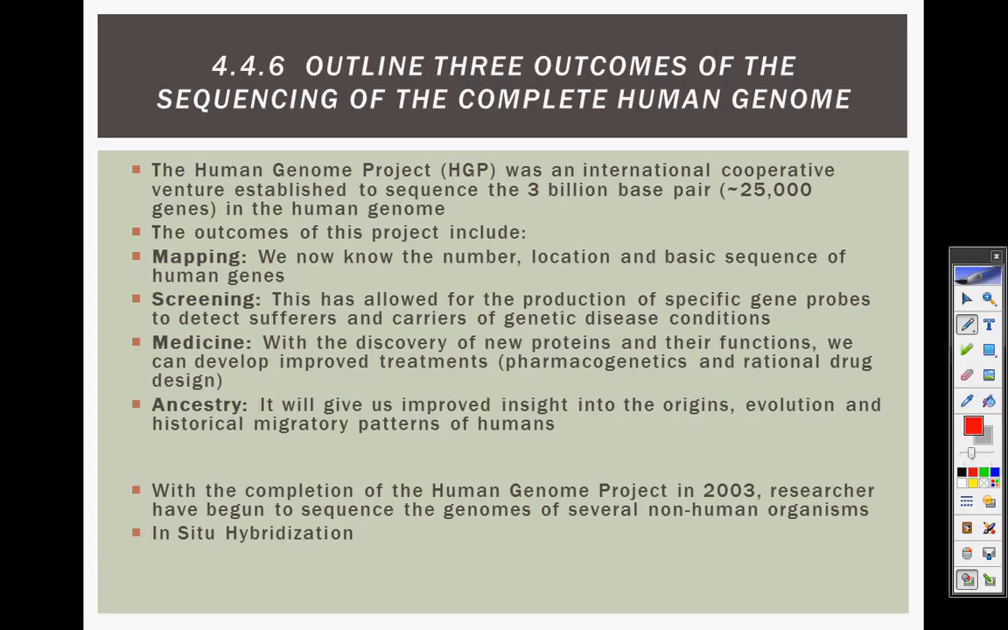The possible outcomes of this project include mapping: we know the number, location, and basic sequence of the human genes. Screening allows the production of specific genes and probes to detect